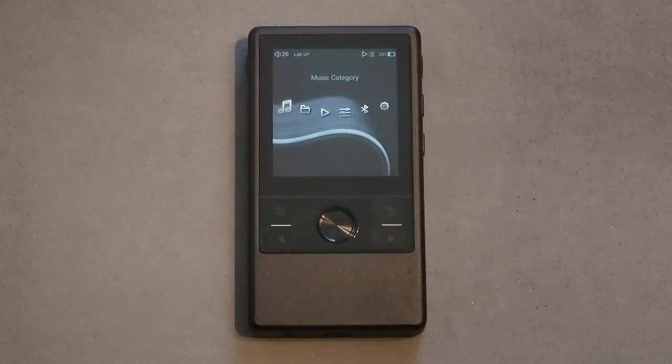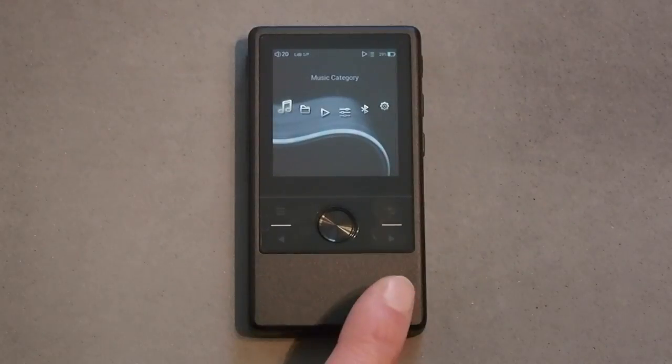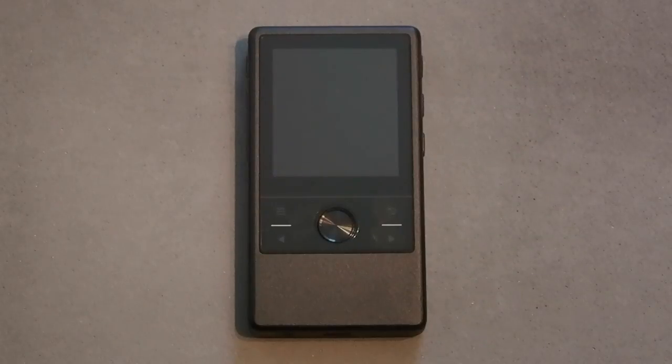And again, if I were listening to one of these 4 DAPs I showed on a consistent basis, it used to be the M1, and then the i5 updated, its sound got better. The N3 updated, its sound got better. The M1s updated, its sound got better, and it stopped cutting off my drum hit that begins my beloved Tom Sawyer by Rush. And no, the M1s has fixed that. I mean, the M1s is really good. It's the only one here that isn't that warm type sound. It's the only one that's a little bit more analytical or reference style. So I've really been enjoying that, especially with